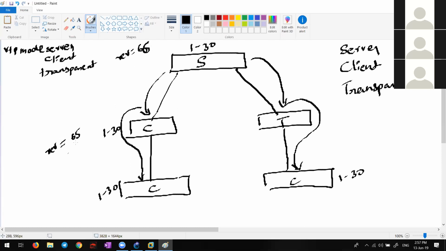Now using the revision numbers, the client will cross check with the server whether they have the same revision number or not. If they have the same revision number, it means they are completely synchronized. If it has a different revision number, it means I am missing some of the updates. Clear? The concept? Yes or no, guys? Write it down.